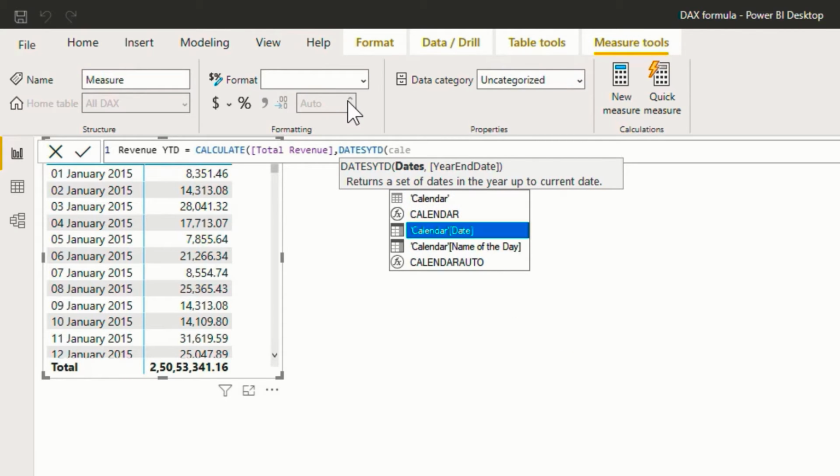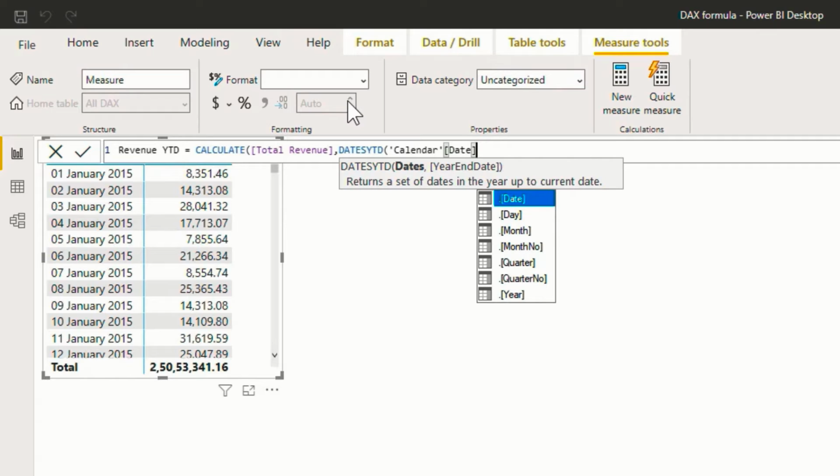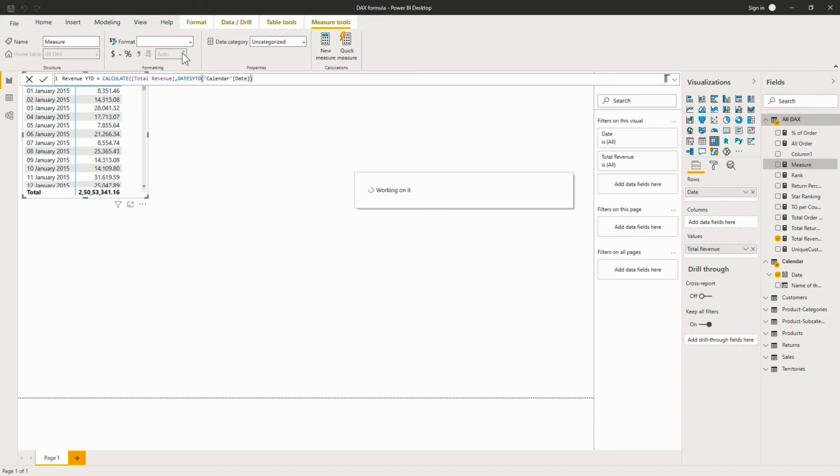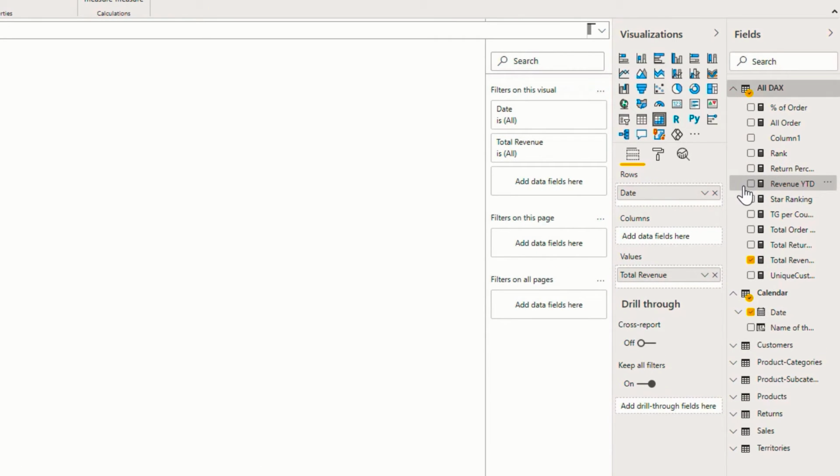So here it is nothing but the calendar date, so I'll select that. Now the second argument is optional, so I'll just close the bracket and hit enter.